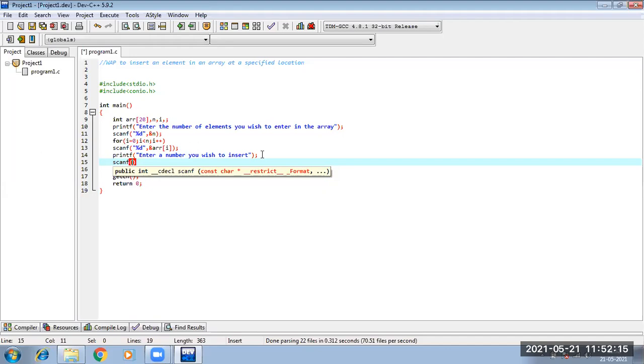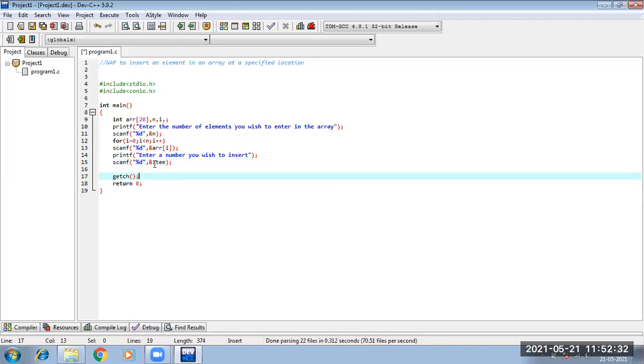In the algorithm, I will use the item only so that it is easier for you to relate. So, ampersand item. Since I have used this new variable item, I should also declare this as integer item. So, I have declared it.